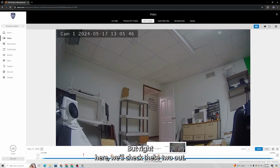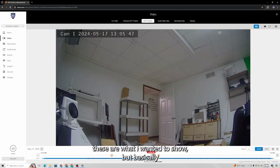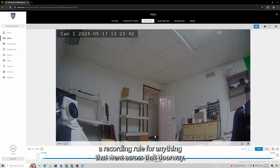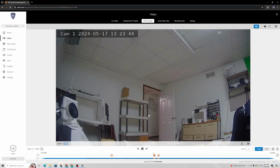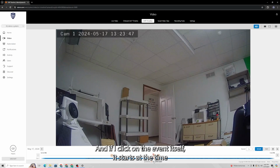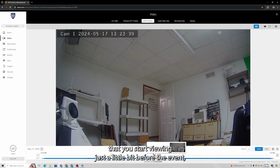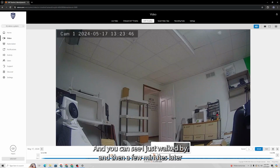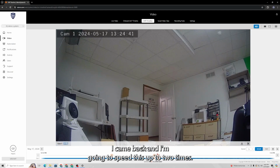But right here, we'll check these two out. These are what I wanted to show, but basically I set it up so that the camera had a recording rule for anything that went across that doorway. So as you can see, it captured me there, and if I click on the event itself, it starts the time that you start viewing just a little bit before the event so that you can see everything leading up to it. And you can see I just walked by, and then a few minutes later I came back,